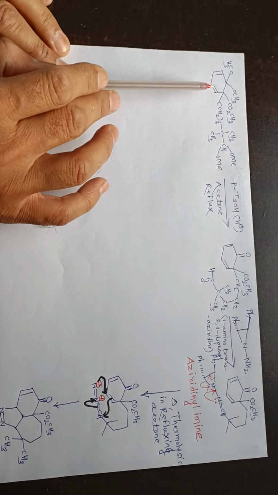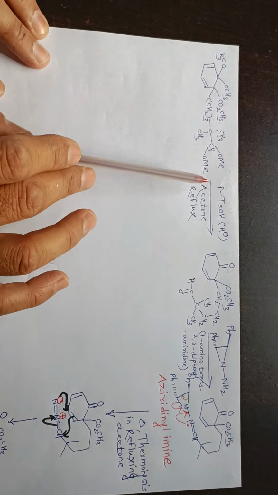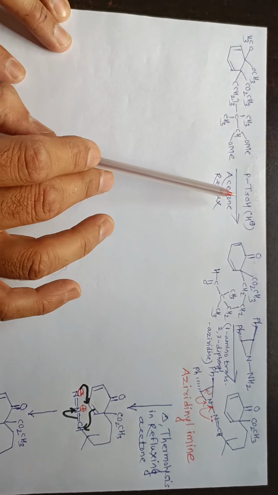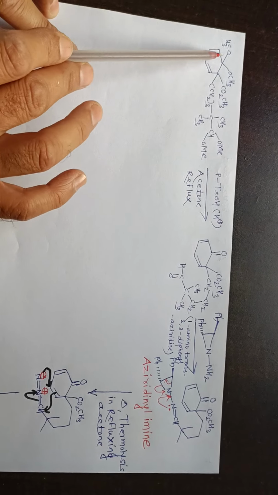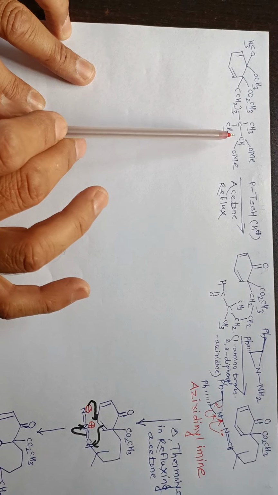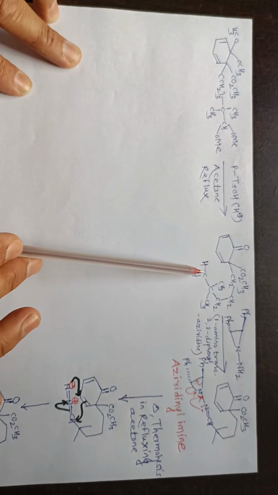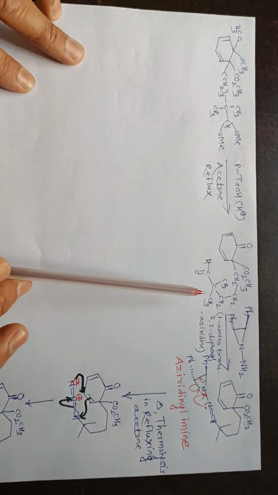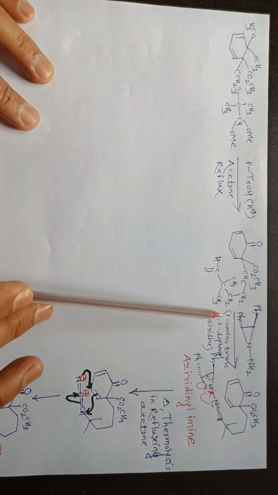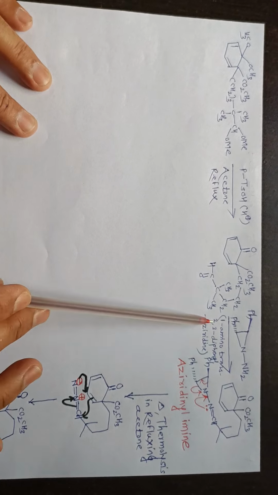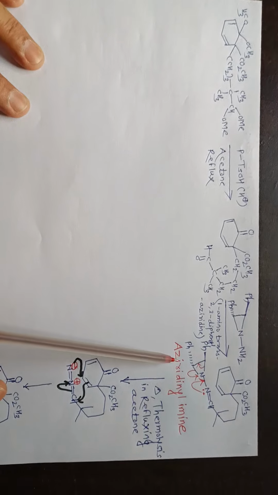In next step, this conjugated diene will be allowed to react with H plus in reflux condition in acetone. Here that ketal and that other ketal will undergo deprotection. There is formation of ketone as well as there is formation of aldehyde. In next step, that ketone aldehyde group containing compound was allowed to react with 1-amino trans-2,3-diphenyl aziridine compound. There is formation of aziridinyl imine.